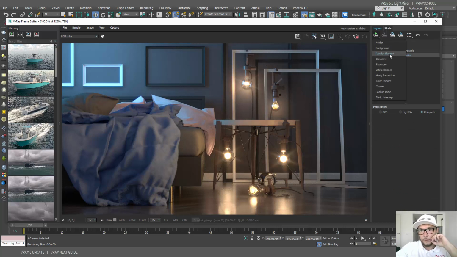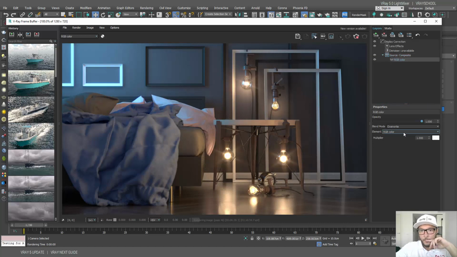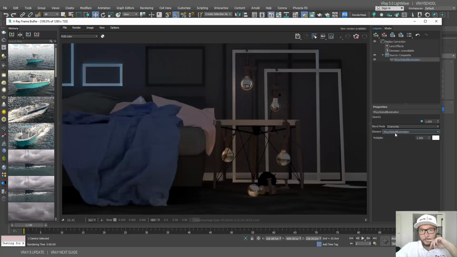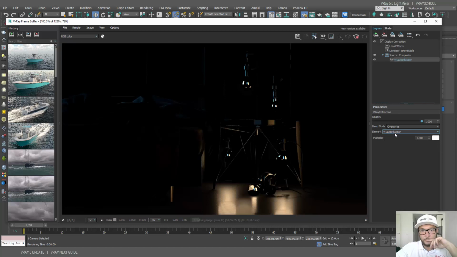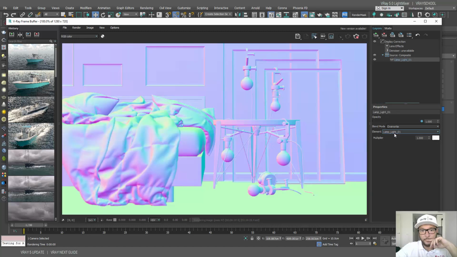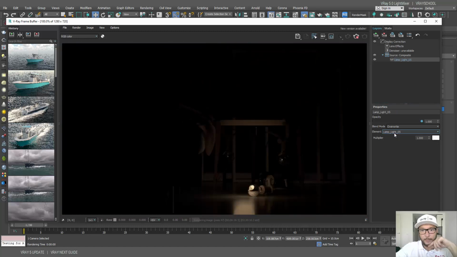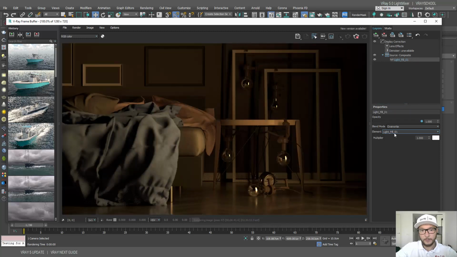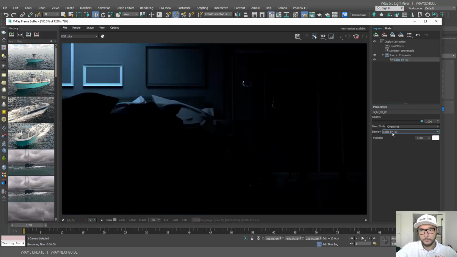If I click on the plus, I can start adding render elements here. And let's see what kind of render elements we have. So far it's what I've added. And we can see we have a single render element for each bulb. We have one for the fill light, for the key light,